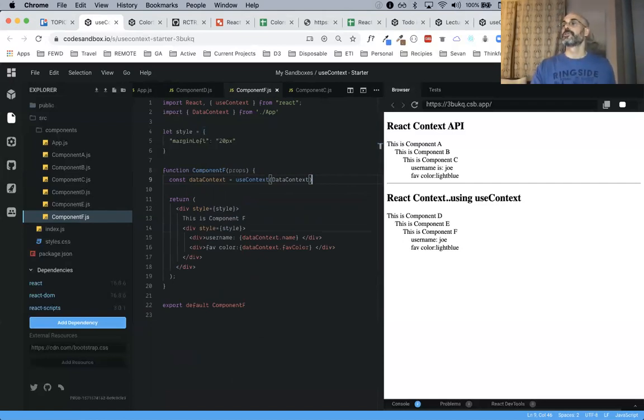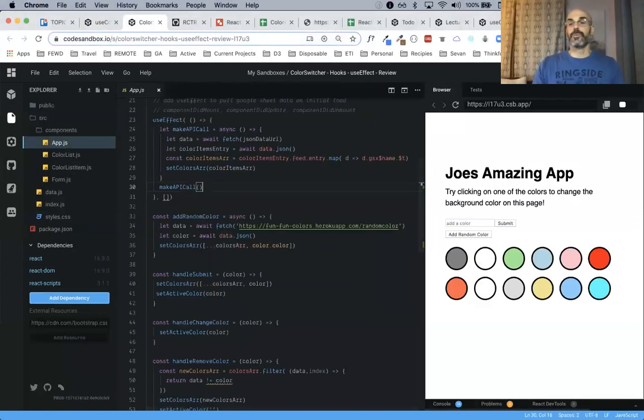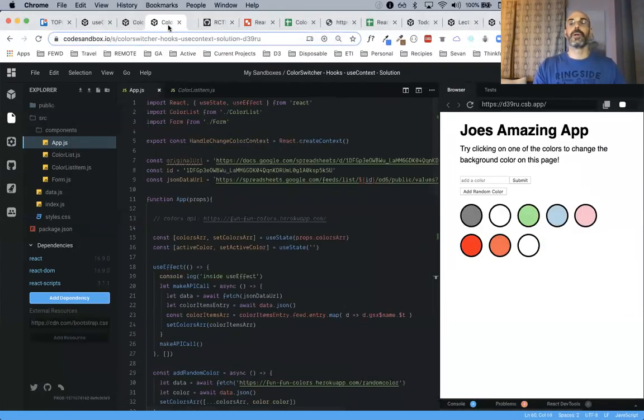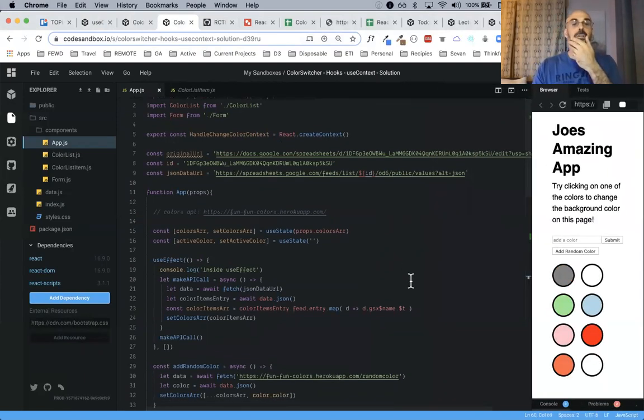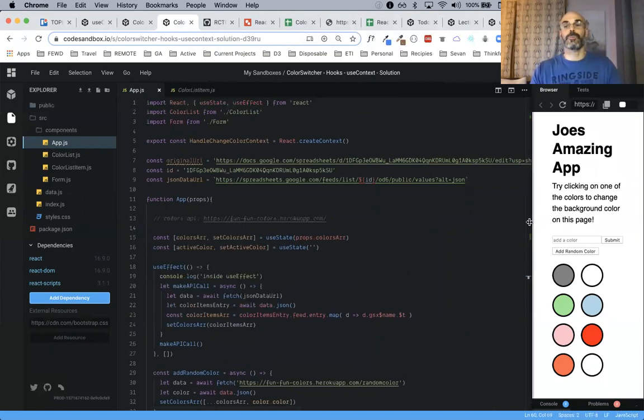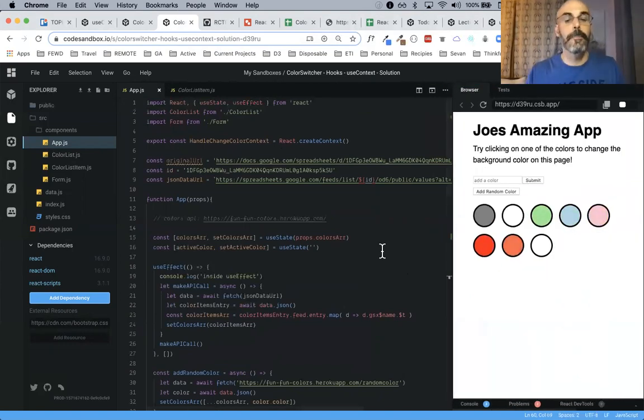All right. So if we wanted to do this with, say, the color switcher. Now, I'm going to do this because I want to get you working on the lab. So I'm going to show you, without me going through the whole coding solution again, is this. Okay. So in this color switcher, this particular instance of this color switcher here, I have access to a create context as well. So this handle change